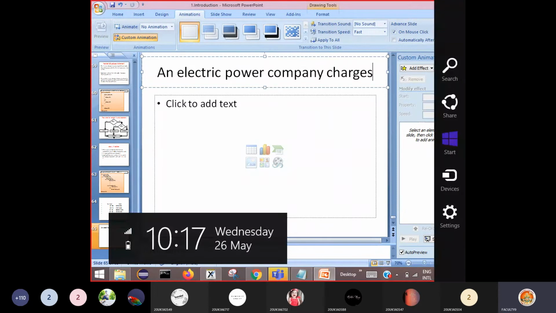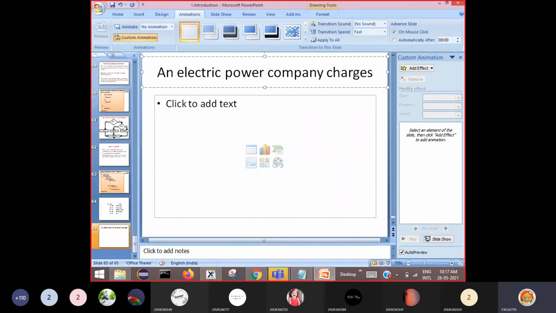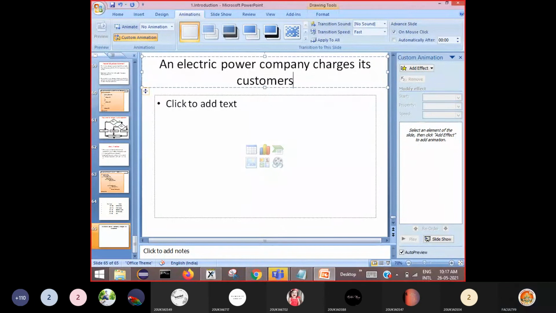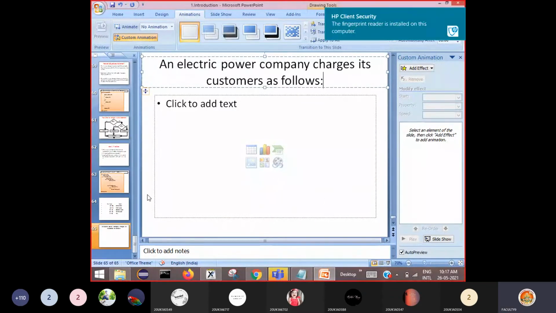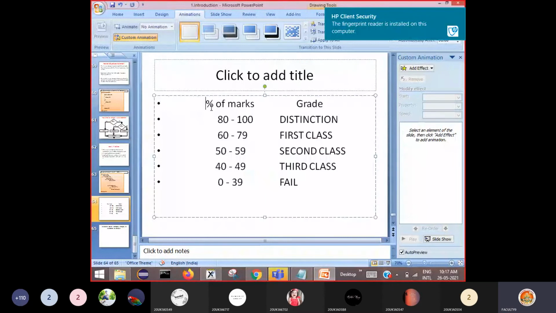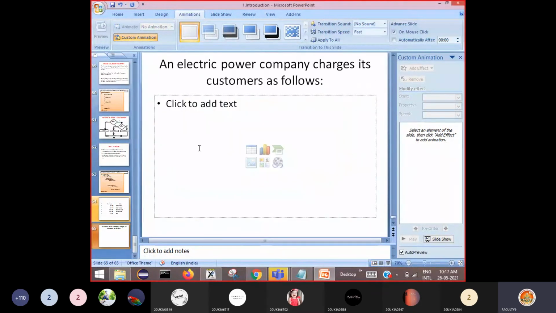Okay, so an electric power company charges its customers as follows. I'm just copy pasting so that I can make changes in this.